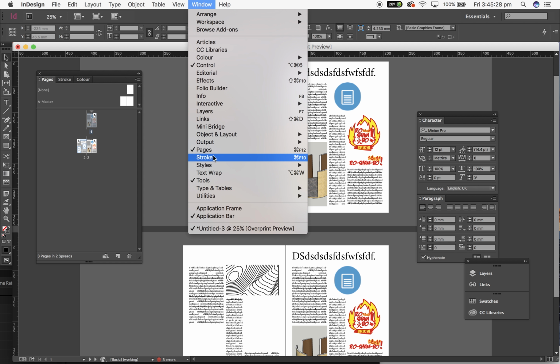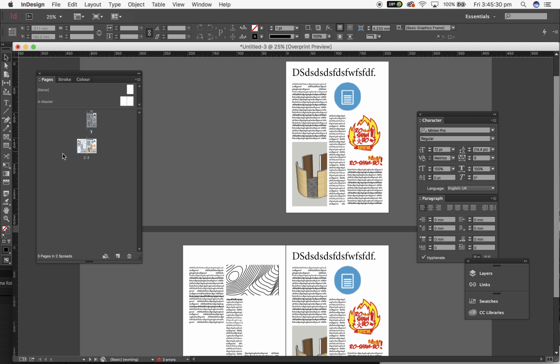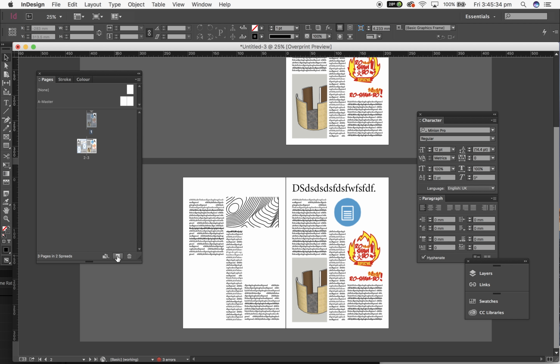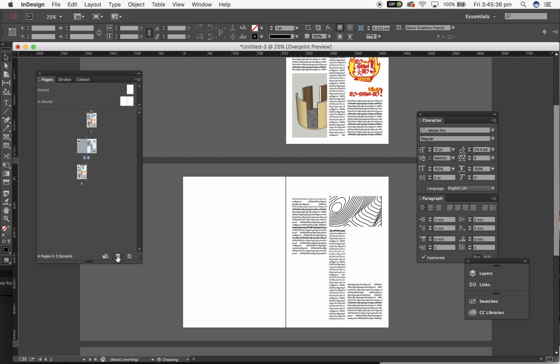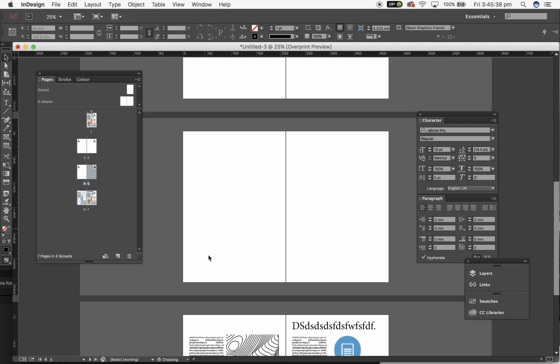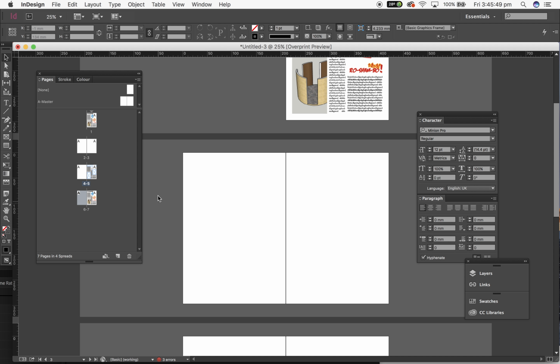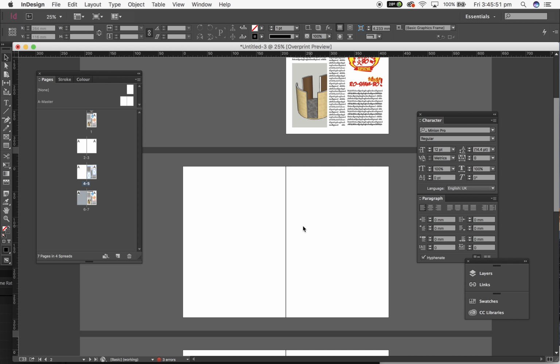So in the Pages panel, which if you don't have it, you can go to Window, Pages, or hit Command F12, you'll see here that we've got all of the pages in our slides, in our booklet, and if we go and we create more, we can see that we've inserted some pages in there. We can go and drag those to whatever order we want them to be. So let's just drag them down in between even, and it'll split everything up. Okay, so we can make it so that they have a